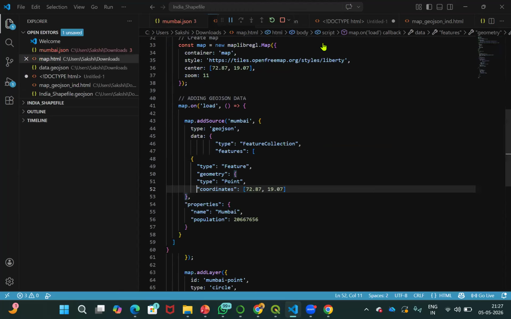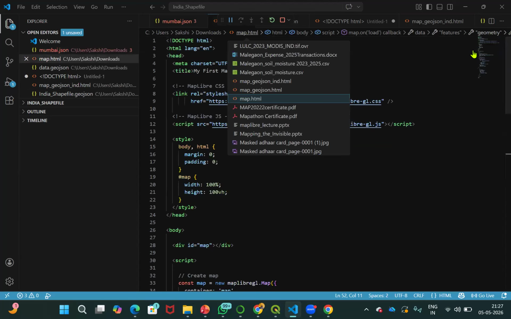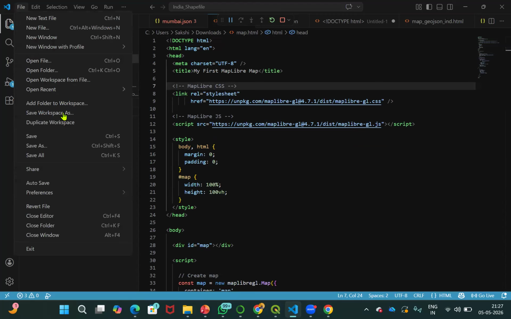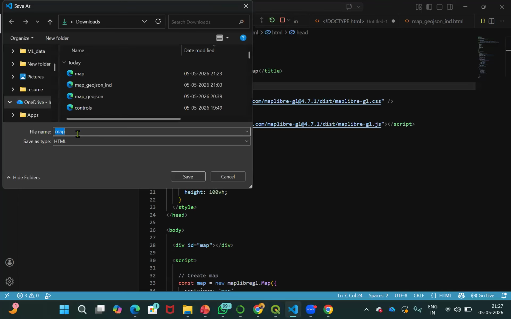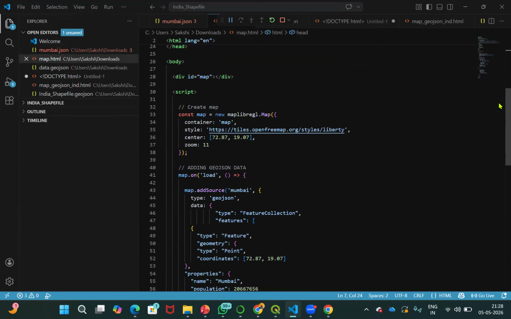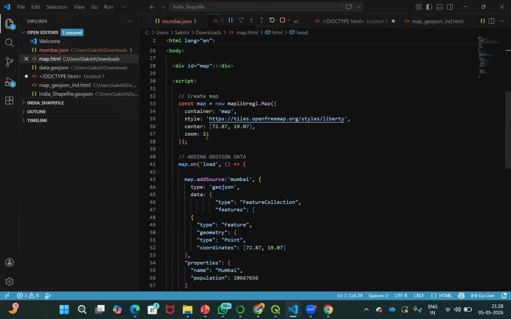So what I'm doing here, like I told you, I'm saving it. Okay, file, save as, you can save it as a HTML file, or it will automatically get saved as a HTML. Then if I want to, let's say, modify all these things, I will not modify everything, right? Most of the things will be the same only. What I will modify is in the body only, most of the structure will get modified. Like here I'm modifying zoom, center. This style will be the same only. If you want any other kind of style, hybrid style, terrain style, you can